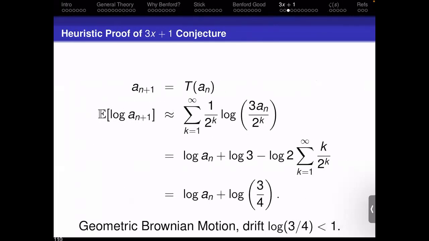With a few quick calculations, you can actually look at the expected value of the log of x_{n+1}, and you'll see that it's equal to where you were before, plus the log of 3/4, which is negative. And since the log of 3/4 is negative, this suggests that as you keep iterating, your number should on average be going down to 1. And you can even use this to estimate how long it would take for you to go down to 1. This suggests that you could have a geometric Brownian motion. Its logarithm is Gaussian with a negative drift.